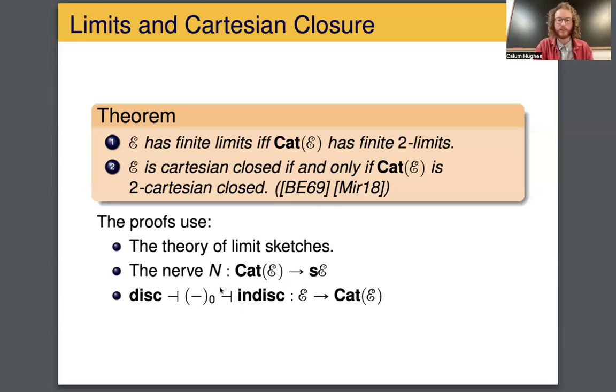And this string of adjunctions is so good for us because, for example, the on-objects functor is both left and right adjoint, so it preserves limits and colimits. The Indisc functor is a right adjoint, so preserves limits, and it also turns out to be a left adjoint as well, but I don't want to talk about that. So this will pop up again and again. These are very useful ways of transferring between E and Cat E. Okay, fantastic. So yeah, this theorem doesn't introduce any new concepts or definitions.